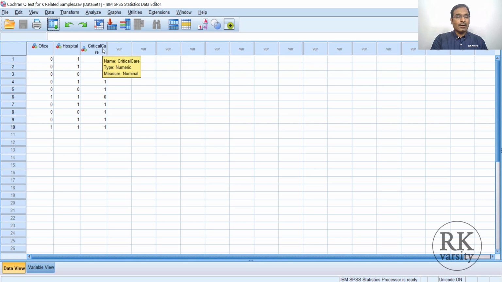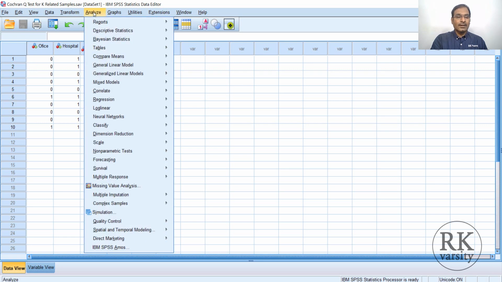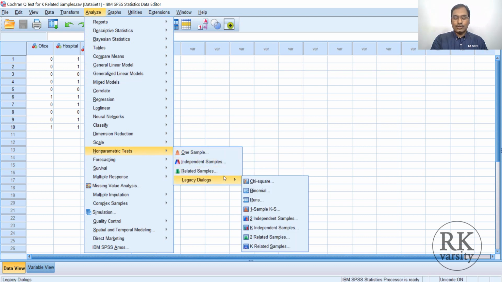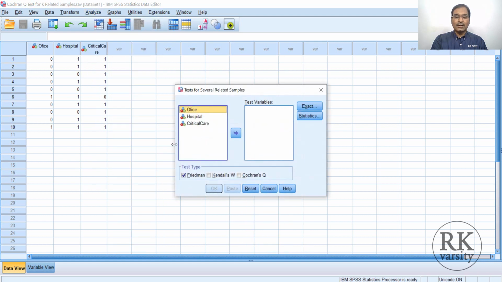Now to run Cochran's Q test, click on Analyze from the menu command. Go to Nonparametric Tests and then Related Samples, or go to Legacy Dialogs and from Legacy Dialogs, K Related Samples. Once you go to K Related Samples, here you have your 3 groups.